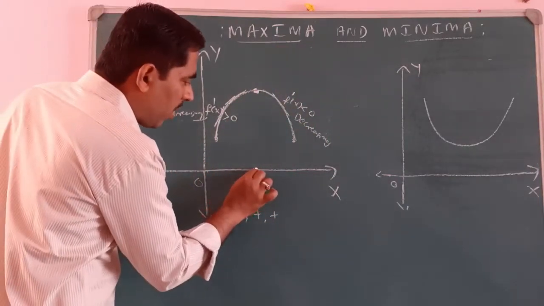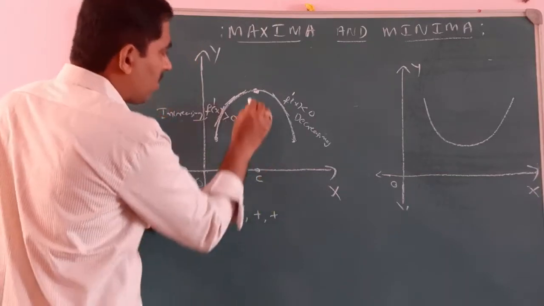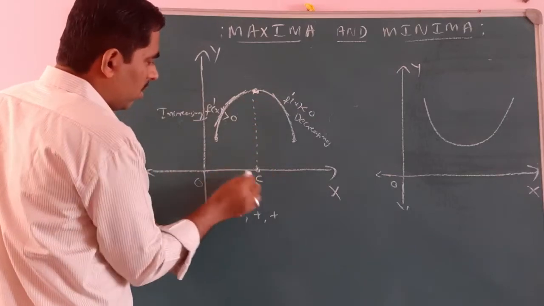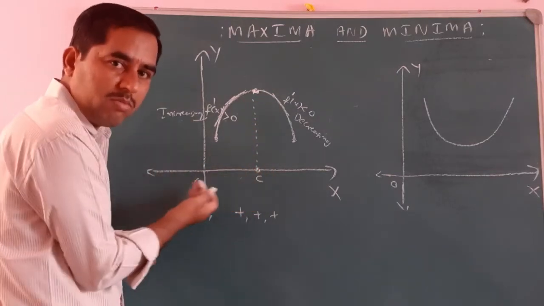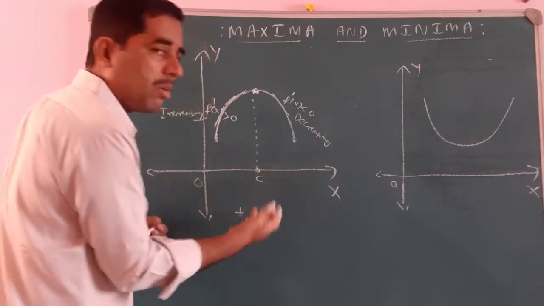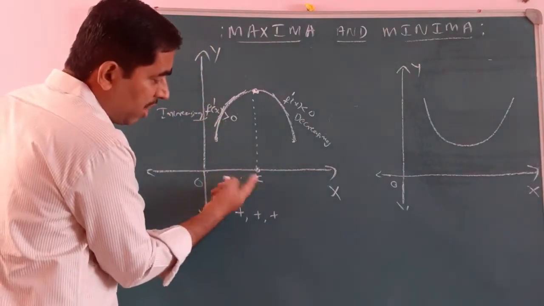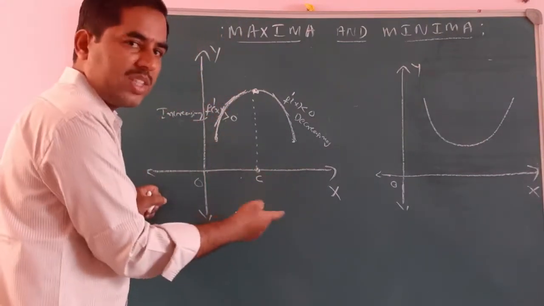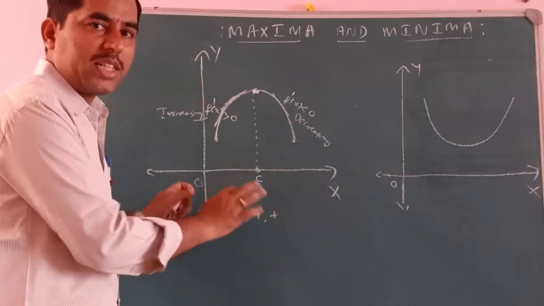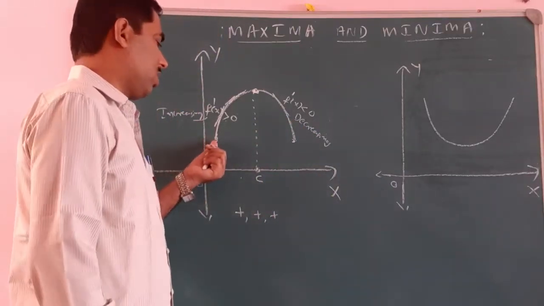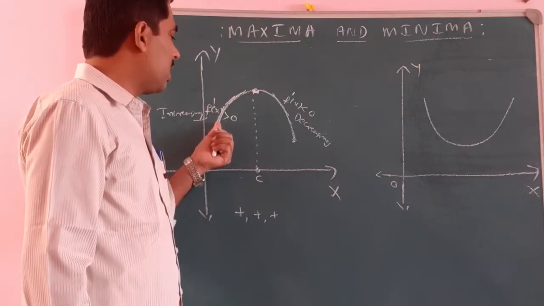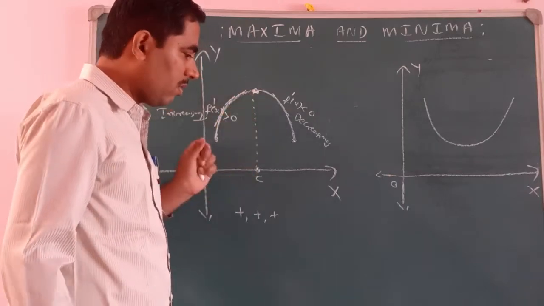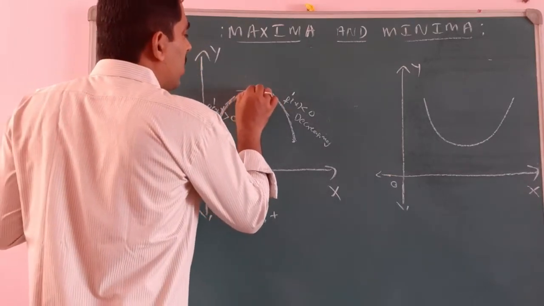See what is happening here. If I consider one point, say C, at this point, let me mark the point. To the left of C, I have some numbers, and to the right of C, I have some numbers. To the left of C means less than C, and to the right side of the point C means greater than C. So on both sides, I have some points. The curve goes like this and passes through this point C. Here I will draw the tangent.